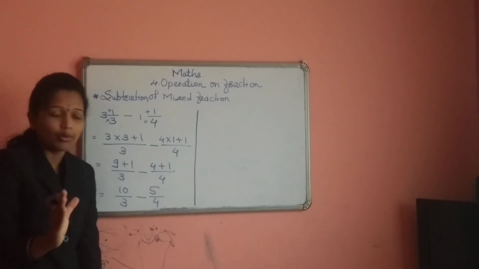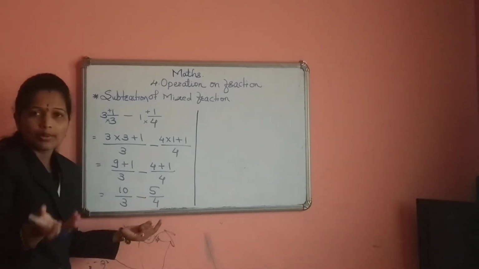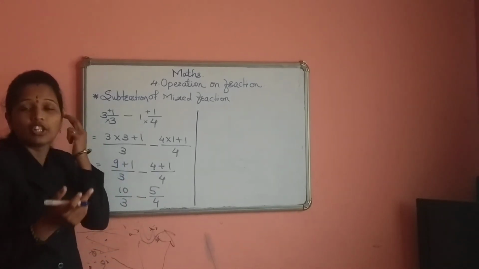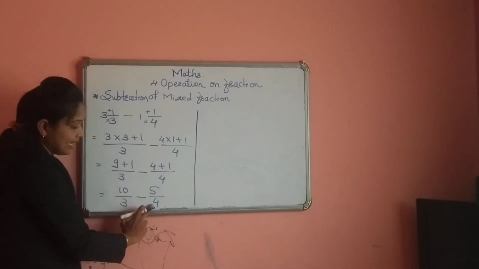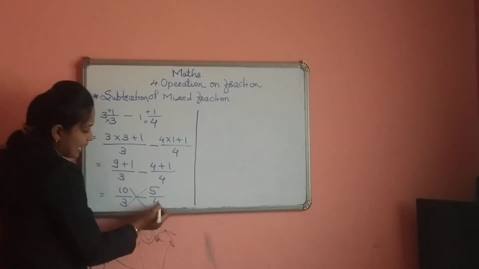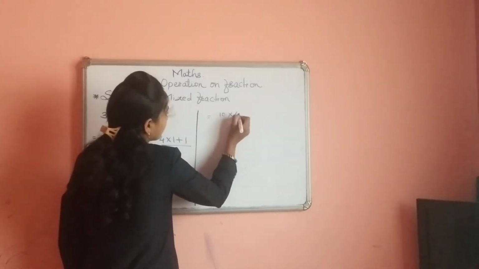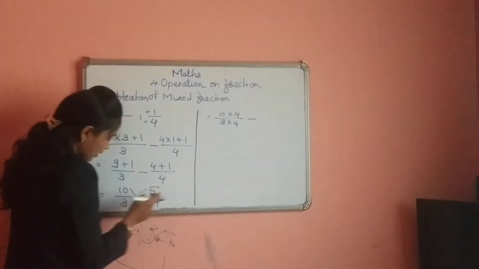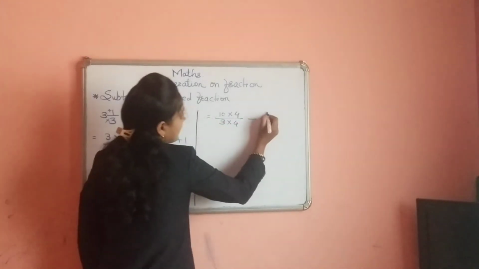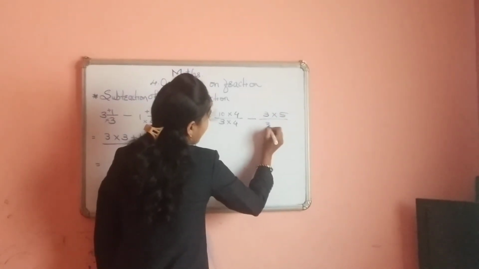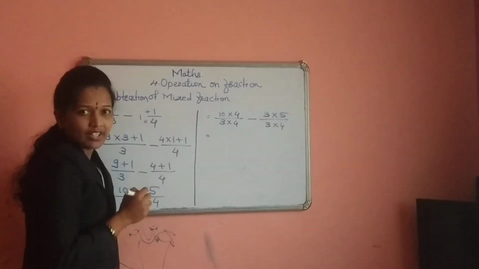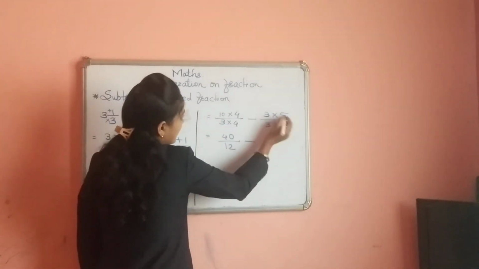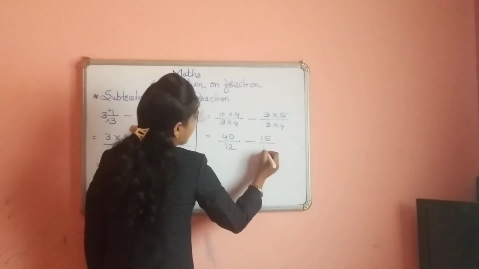We go the same way, only the negative sign is there. So don't fear about it. All four numbers are different and the denominators are not the same, here is 3 and here is 4, so do the cross multiplication method. 10 multiplied by 4 divided by 3 multiplied by 4, minus 3 multiplied by 5, cross multiplication, divided by 3 multiplied by 4. Do the multiplication. 10 4s are 40, 3 4s are 12, minus 3 5s are 15, and 3 4s are 12.